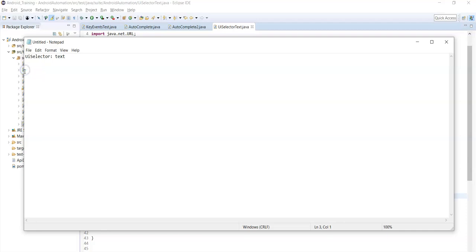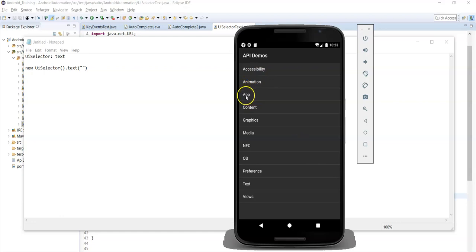So here we need to pass the exact text attribute value. Now let's see, we need to call the text method using new UI selector dot text. Inside the text method you need to pass the exact text attribute value. So whatever text attribute value is present in the UI Automator viewer tool, you need to copy that exact value and place it here. So let's say you want to perform a click action on this app name, the text attribute value is App, right?